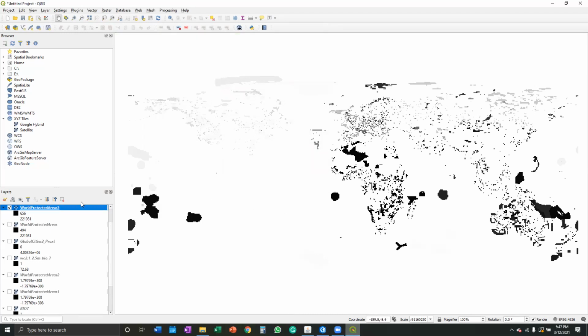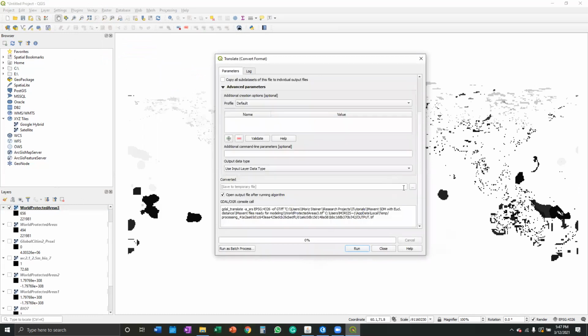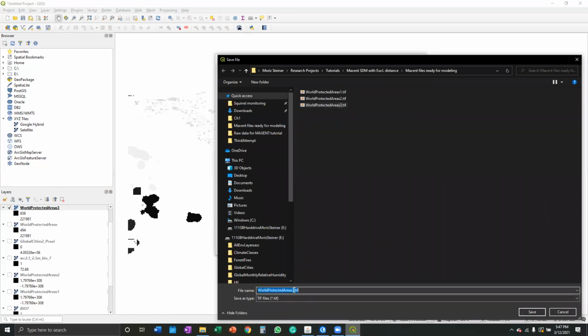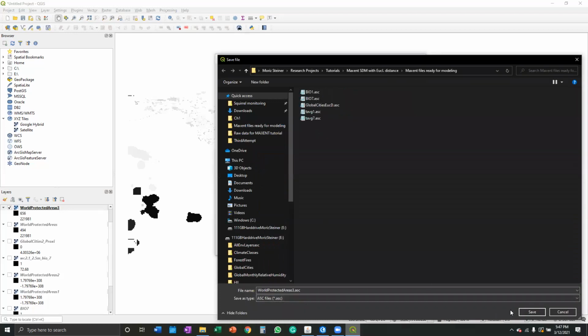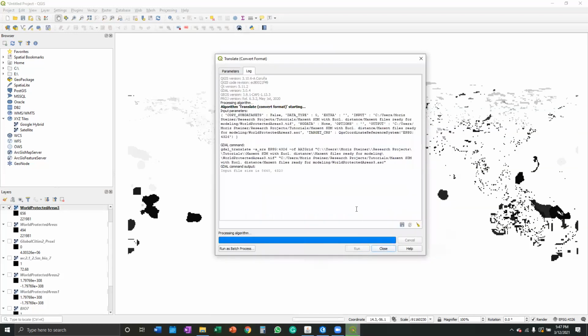Now we have to transform this again into ASC. So we go again, raster conversions, translate. This is the same CRS, and then we are selecting here ASC because that's what we need for Maxent. Then we run this, and something very, very crucial to mention here is